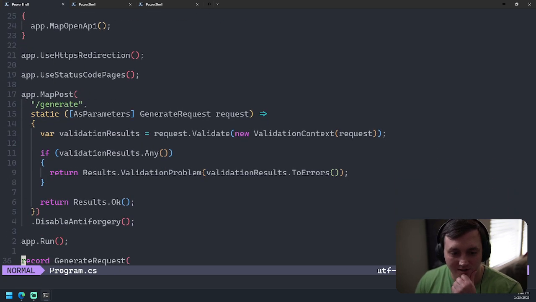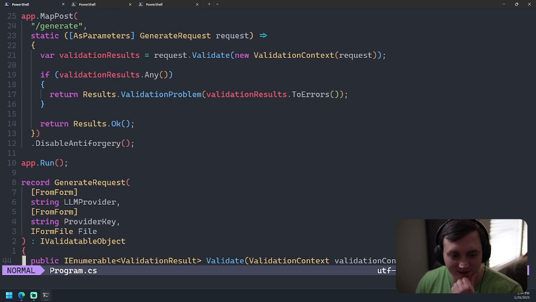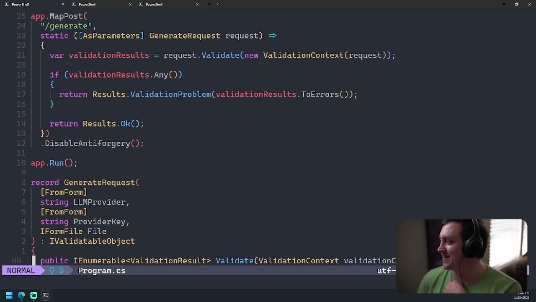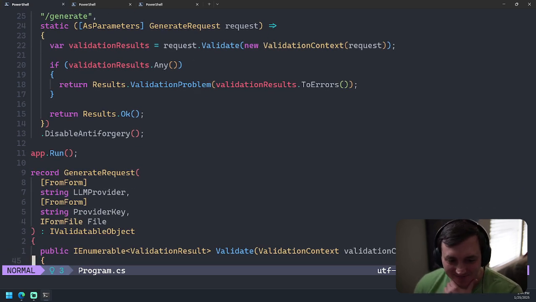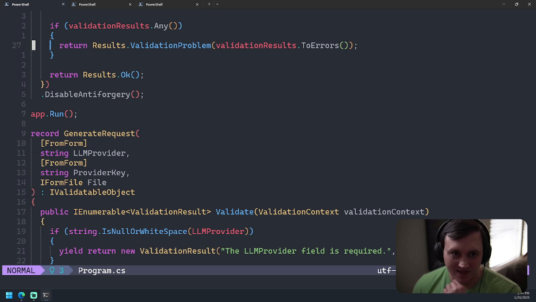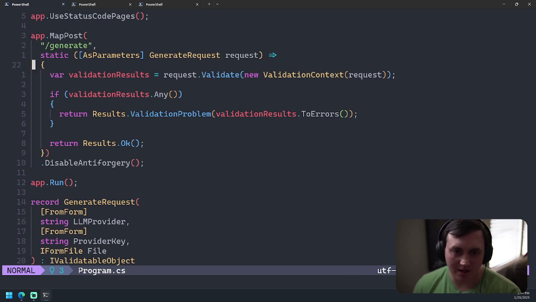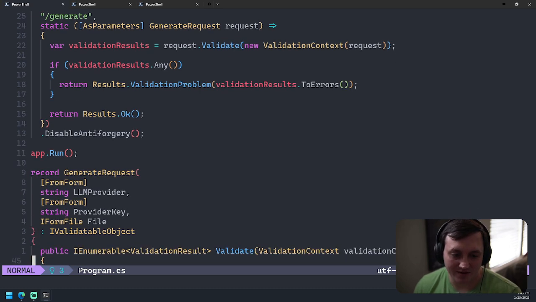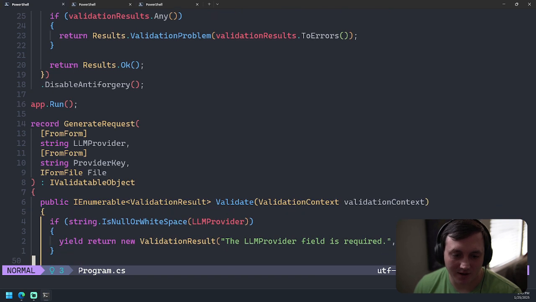What we spent way too much time doing today is we basically stubbed out our endpoint to actually get a request as multi-part form data. That's going to have a specified provider, that provider's API key, and then the file that we want to generate alt text for.